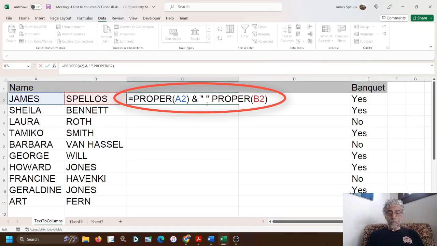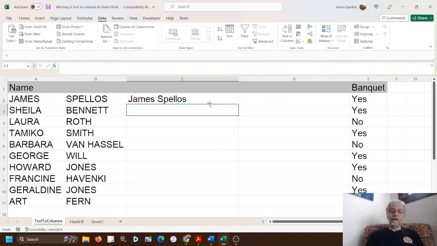Now we need to put another ampersand to tie together, which Excel actually calls concatenate. Why they didn't say join, I don't know, but they use concatenate. And then there's a function called that just to confuse you all. But this works perfectly. Equal PROPER A2, ampersand, the space, ampersand, PROPER B2, hit enter, admire, go to your fill handle,